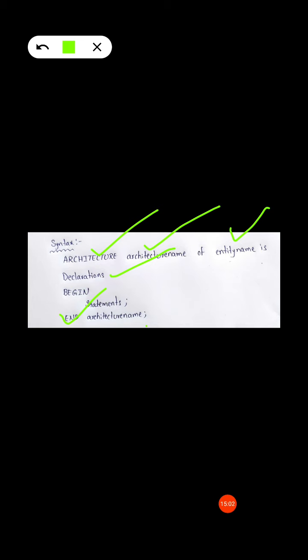Next, begin. It is a predefined keyword in VHDL code, used to keep the statements within the architecture body.